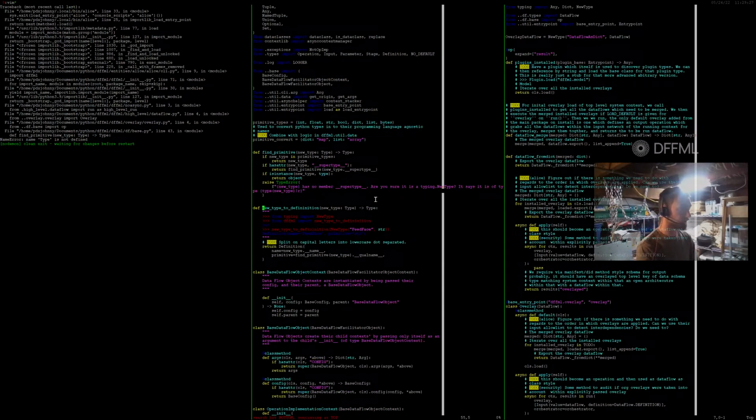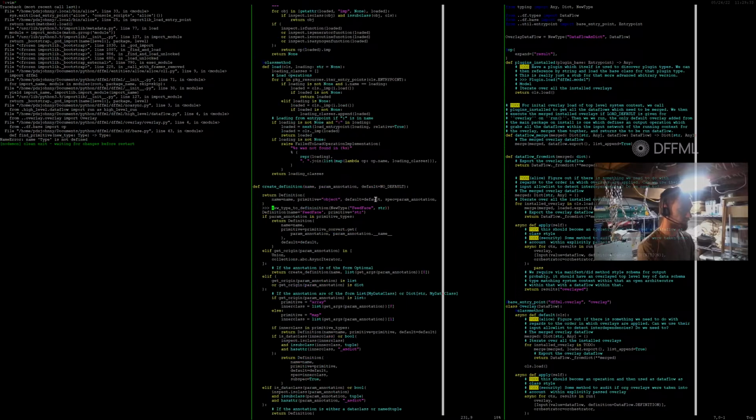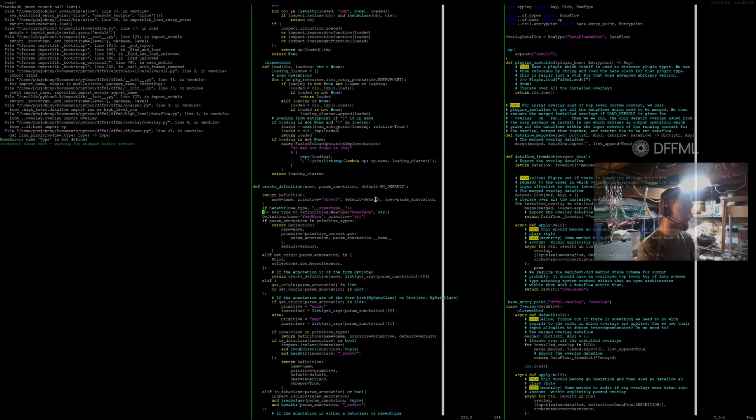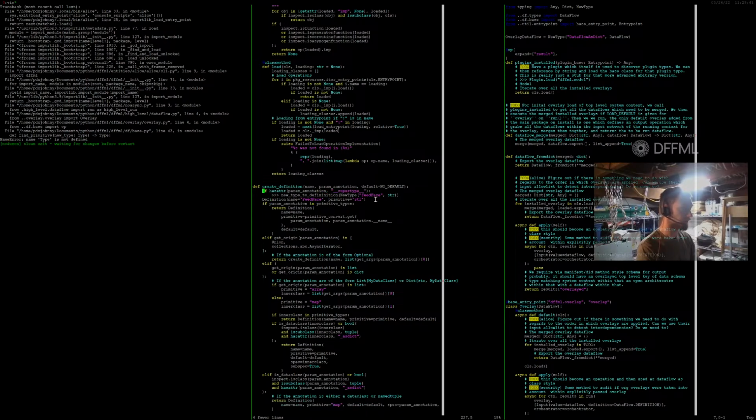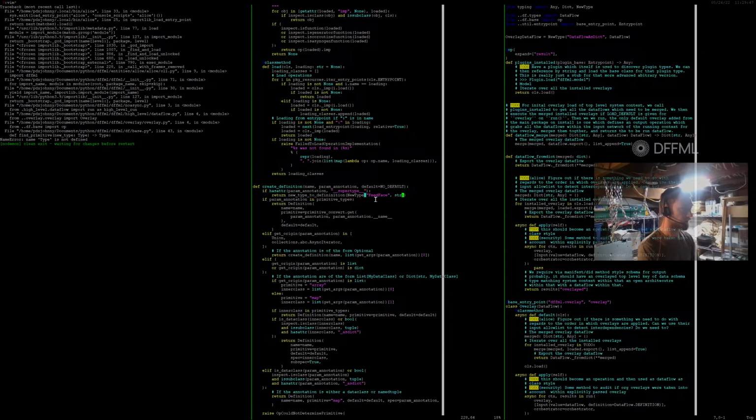New type to definition. All right, so we'll say if this thing has this super type, try returning this